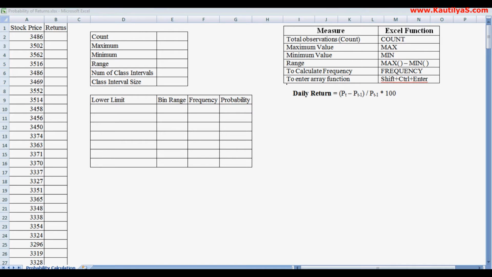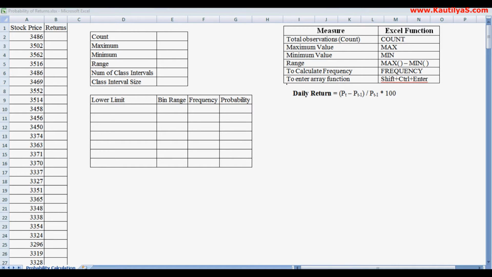Majority of the textbooks teach you how to calculate expected return using probability distribution. However, very few texts explain the process of calculating probability. In real time, as a financial analyst, you are expected to calculate the probabilities on your own. This tutorial makes you familiar with the calculation of probabilities.